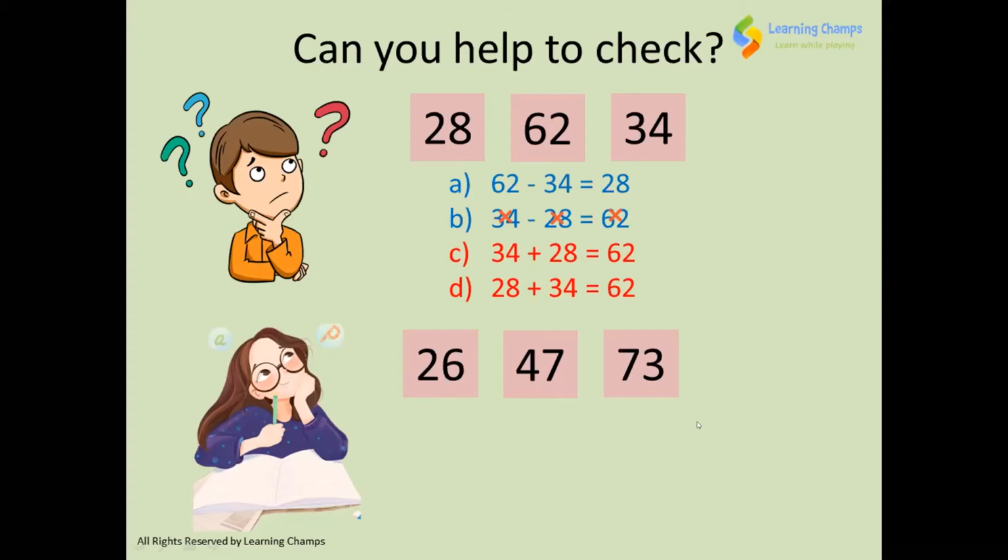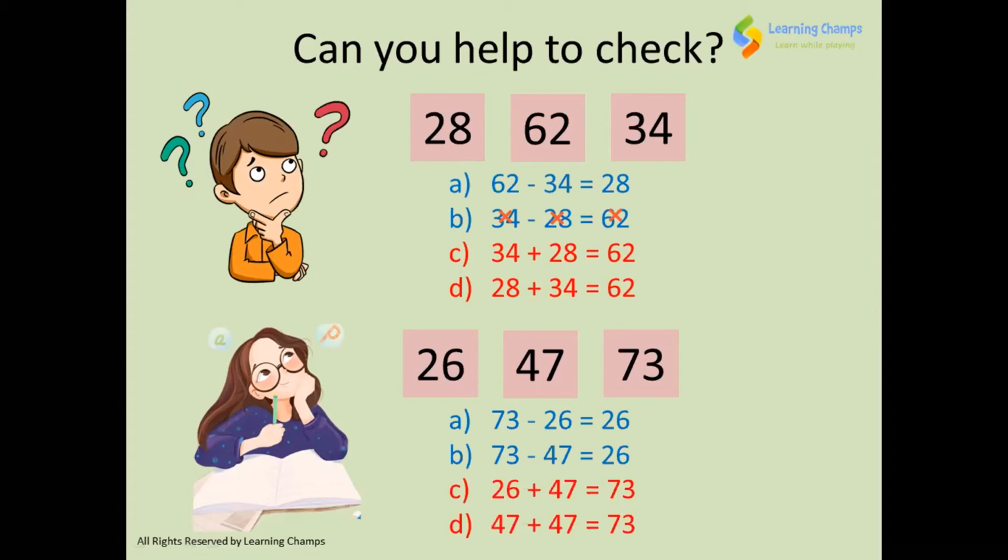Let's see. Look at this. Can you tell me whether there are any mistakes here? Malit, can you tell me whether there are any mistakes here? B. Okay. What about Aiden? Tell me whether you find any mistakes here. A is a mistake. Very good. Lituka? What are the mistakes you find here? D.